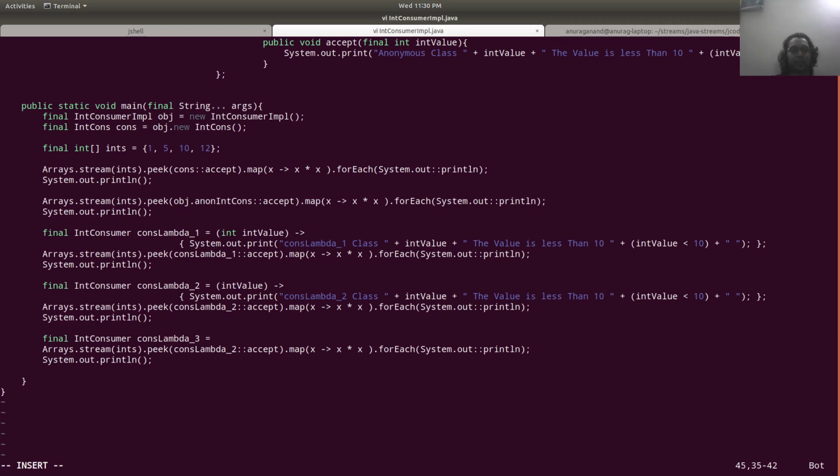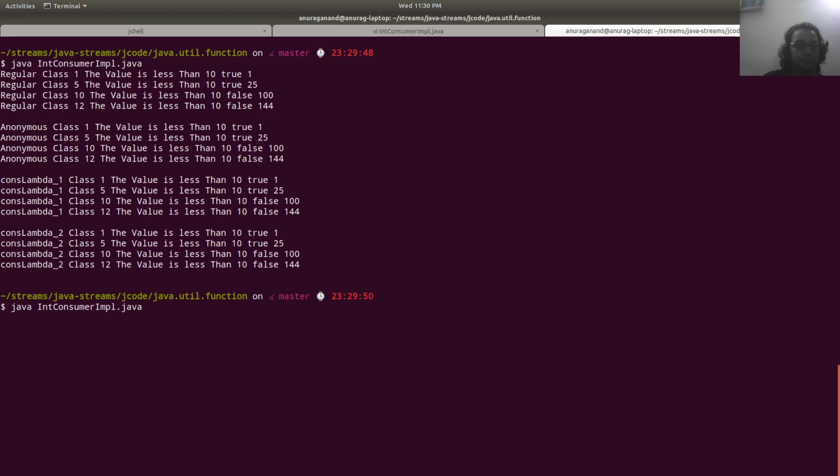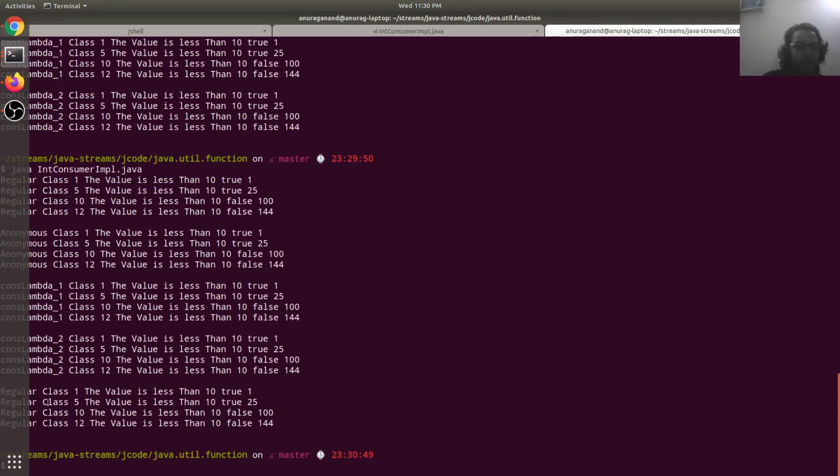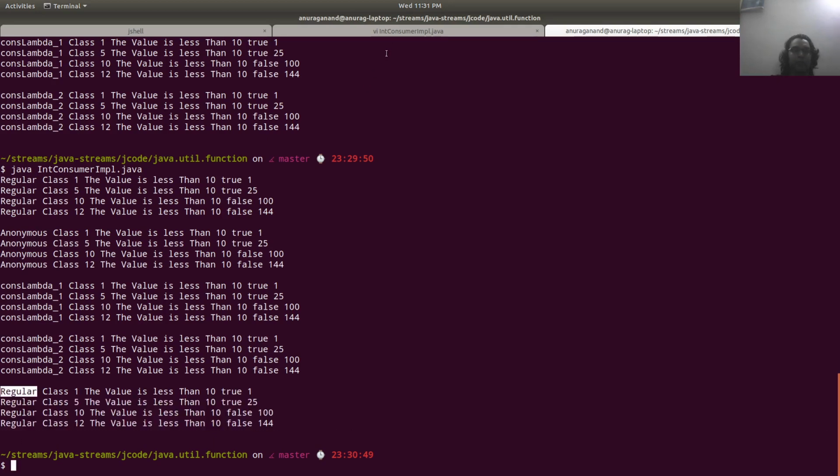I can say something like cons::accept to implement it, and it is going to work. But this is going to call the function mentioned in the regular class. See that it is saying the regular class function is called, the instructions put in the regular class.